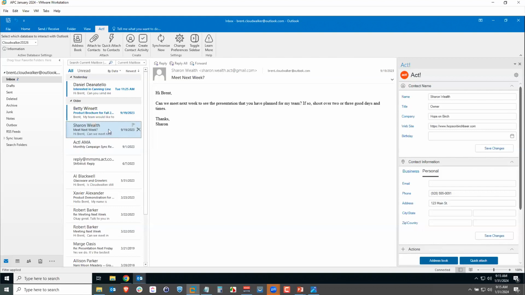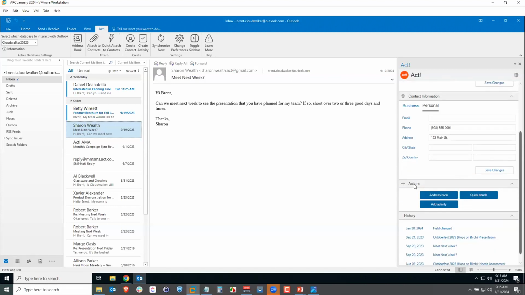And now for this contact, Sharon, I'm going to attach this record. There's several ways to do this. I could click the quick attach to contacts button at the top. And this has always been there in our ACT integration. But now over in the ACT sidebar, if I scroll down, there's an actions area, and here we have a new quick attach button. So I can do it from here as well. If I click that quick attach button, again, I get another confirmation down below that says history has been created